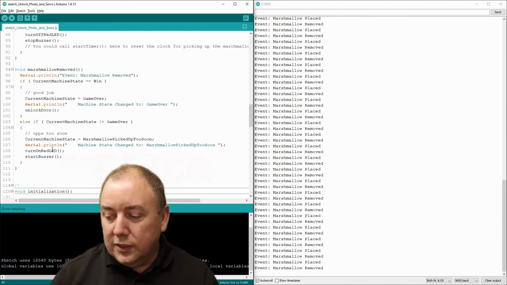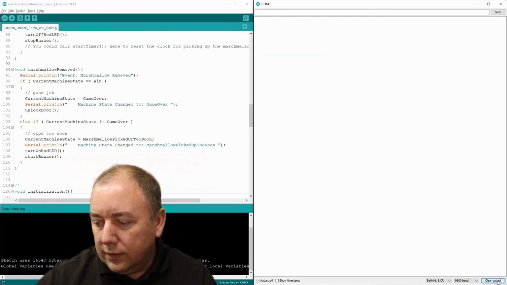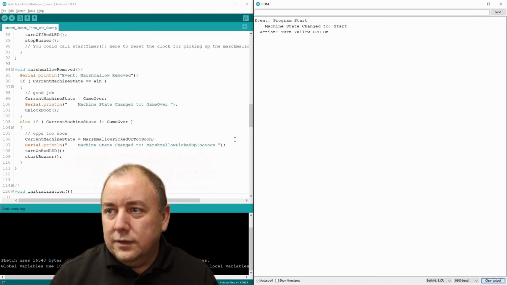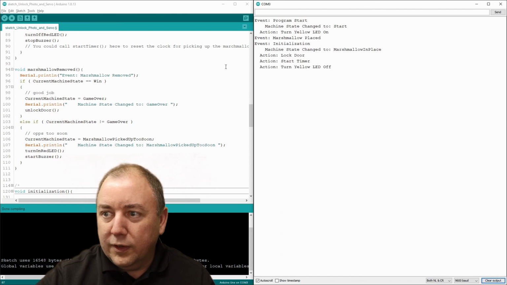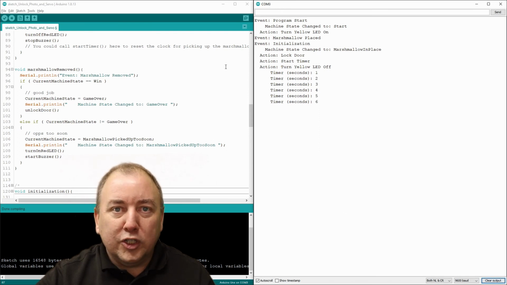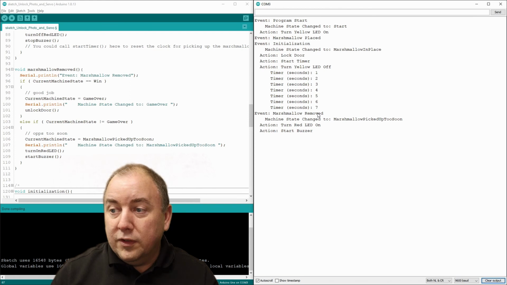So to reset the machine, we reset the Arduino. I'll clear my output. Reset. So now we're back at reset state. If I place my finger over the photoresistor, we can see it initialized. Now this time, if I pick up the marshmallow too soon, you see we fired the marshmallow removed event,